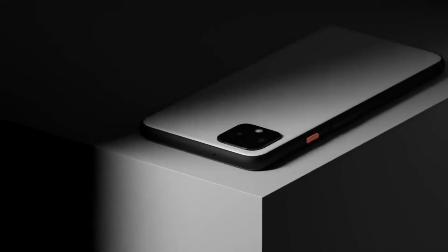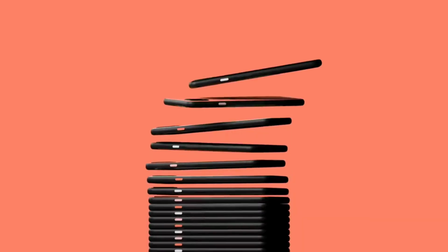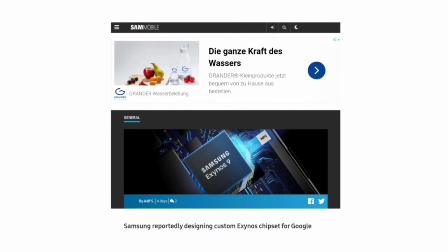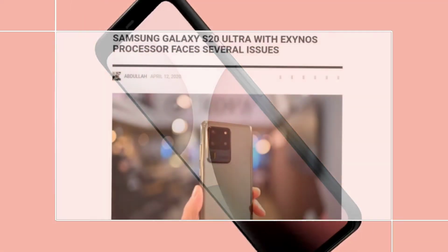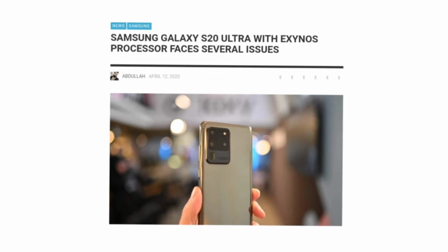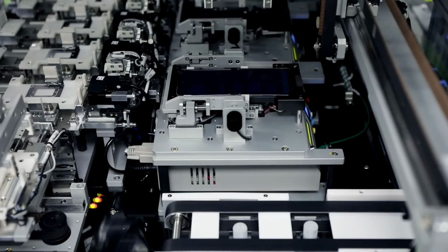Nearly half a year has passed since Google launched its Pixel 4 and Pixel 4 XL, and although it's time for the 4a series, there's this headline about the Google Pixel 5. According to sammobile.com, Google might ditch the Qualcomm chipset and shift to the Exynos side. This sounds weird at first because there has been a lot of discussion around Exynos chipsets because of the lack of performance compared to Qualcomm processors, and everybody believed that Samsung should not use them for their flagship phones